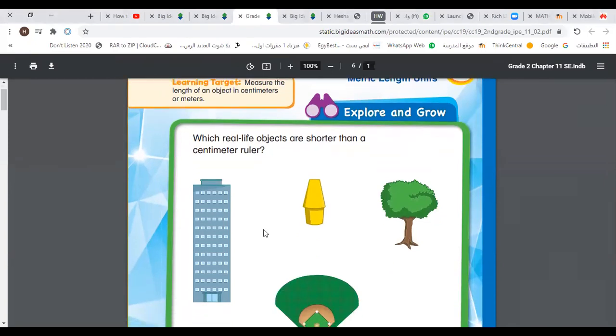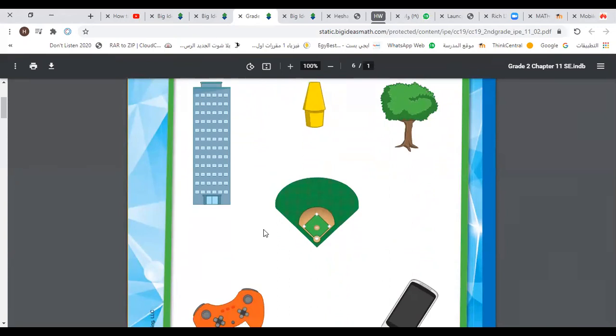Okay, now grade 2, we speak about real objects, not these pictures. So is this building shorter than the ruler? Actually, no, it's too long. It's very tall. Okay, the next object, I think it's an eraser. It's shorter than the ruler. So circle this. Okay, this object actually